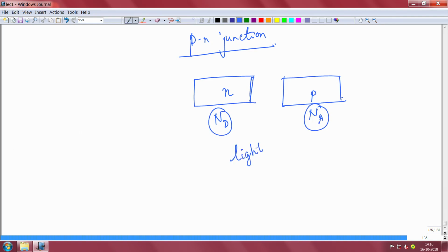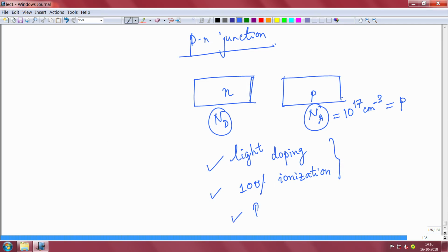light or moderate doping, so there are no heavy doping effects like Joyce-Dixon and all. That is one assumption we are taking. Another assumption is that there is 100% ionization of the dopants. So there is no incomplete or partial ionization, which means if I am doping it with 10 to the power 17 of acceptor ions, then I am going to get exactly the same number of holes. The third assumption is that these are all at room temperature and equilibrium. So there is no light shining, no magnetic field, no electric field, nothing. Just these are the conditions that we are going to assume.